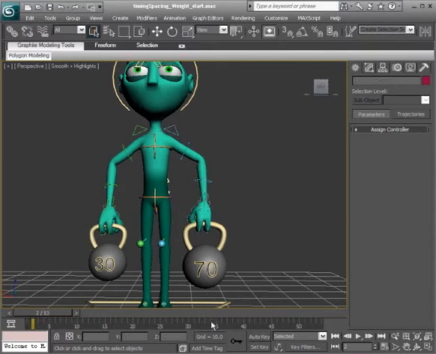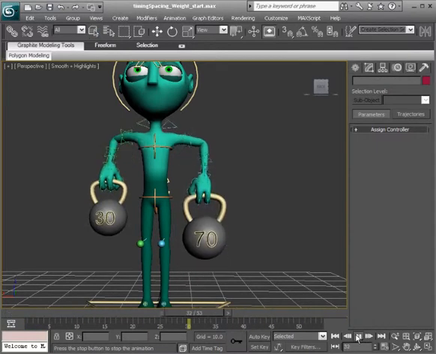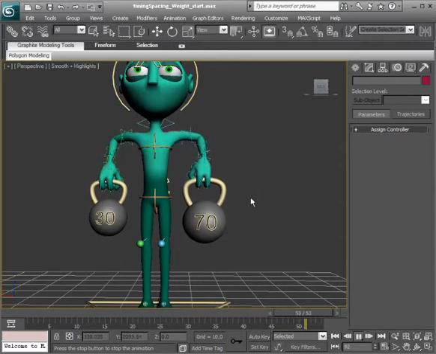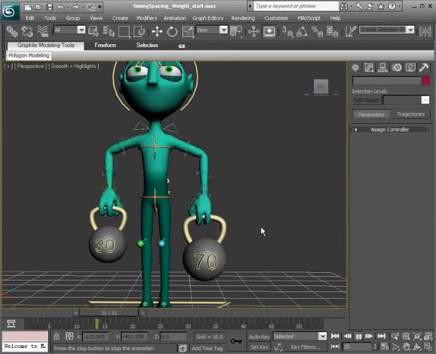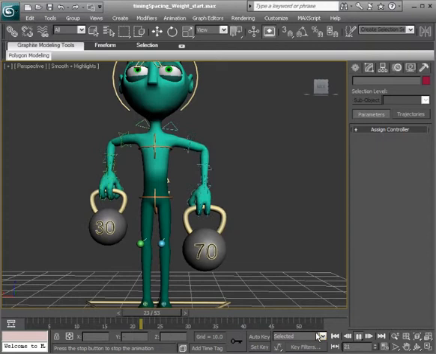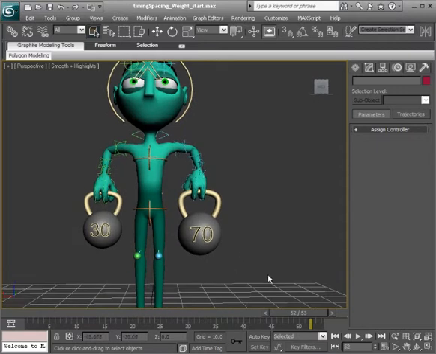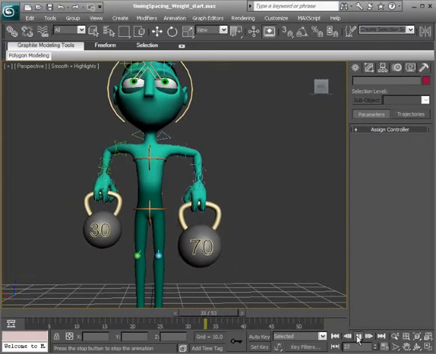So if we were to now hit play here, what we should see is something a little bit more appealing. And mind you, this is a very basic look at timing and spacing. We'll take a look at a few other examples, but I just want to get you familiar with what timing and spacing is. And again, with timing and spacing we have our beats and the spacing between that. So with this lesson now completed, let's move on to the next lesson where we take a look at